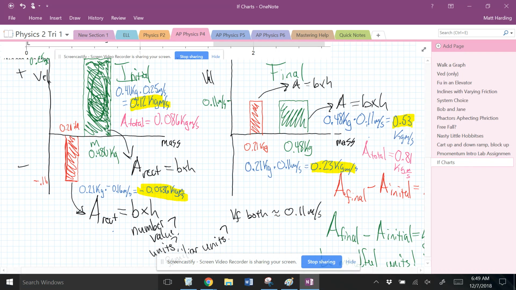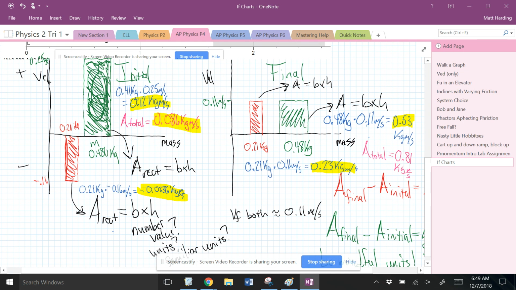The boxes have different masses, so unlike trials 1 through 4, they're not just swapping their speeds. So these areas don't have any real obvious pattern, but if I total them up, the initial total area is 0.086 kilogram meters per second, and then the total of the final, so I'm taking 0.53 plus 0.23 here, and